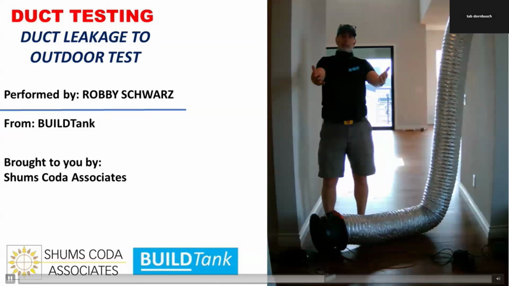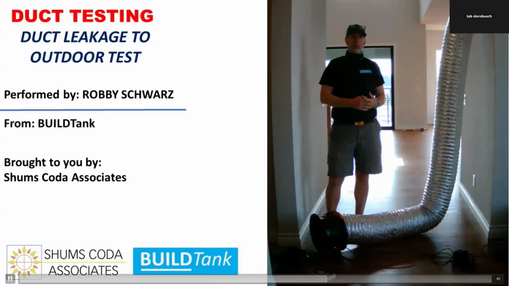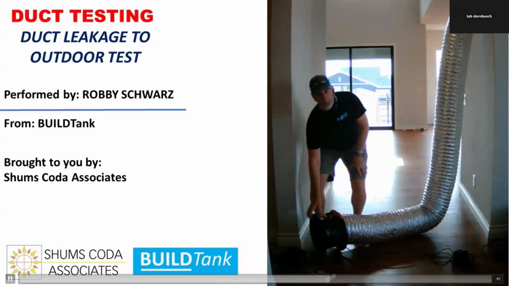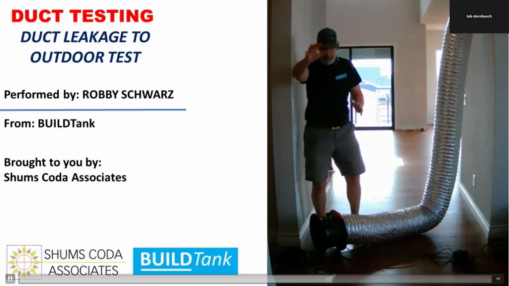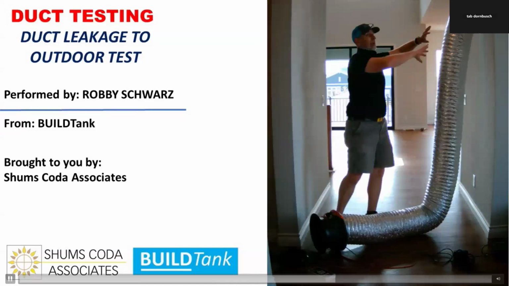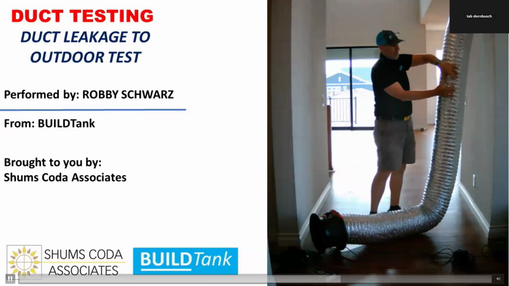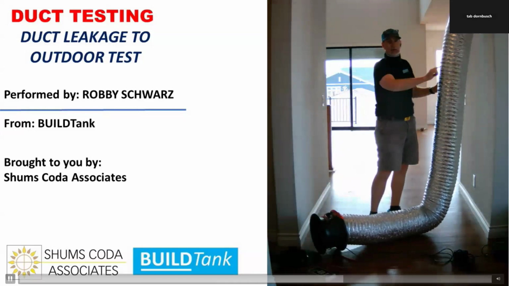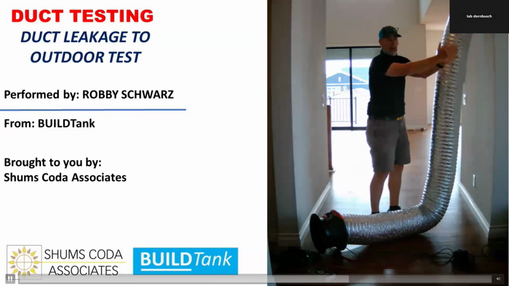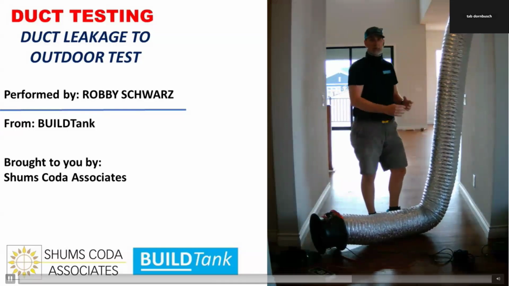Okay, so we have pressurized the house using the blower door. We've opened up the fan opening of the duct tester, so air is going into the duct system and air is in the house. So if I have a hole in this piece of duct here, air would not be going across that hole because the pressure inside the duct and the pressure outside the duct are the same. So you need two things for air to move through a hole. You need the actual hole and you need a pressure difference across that hole for air to move.